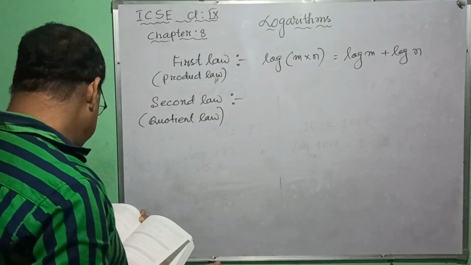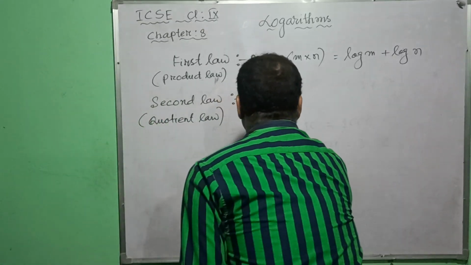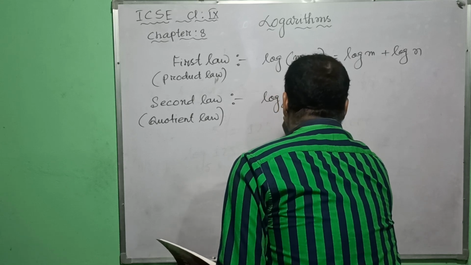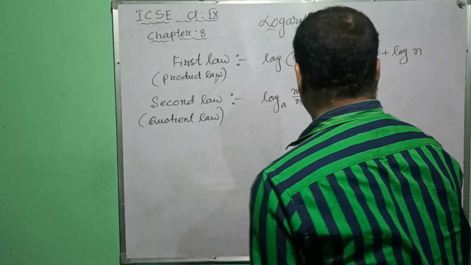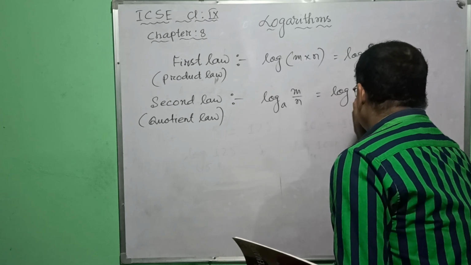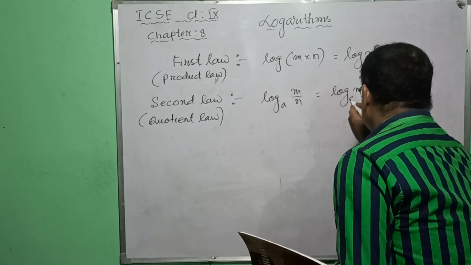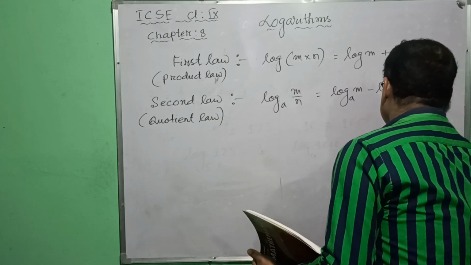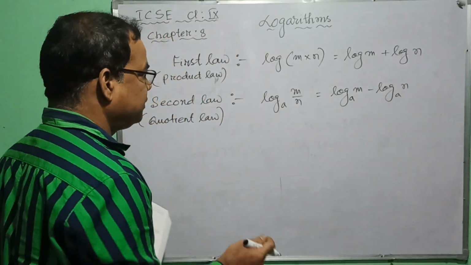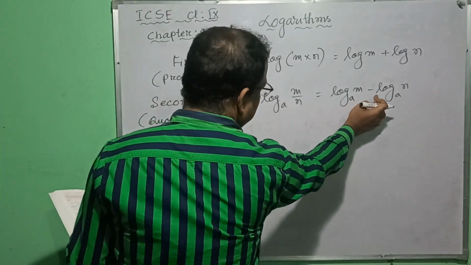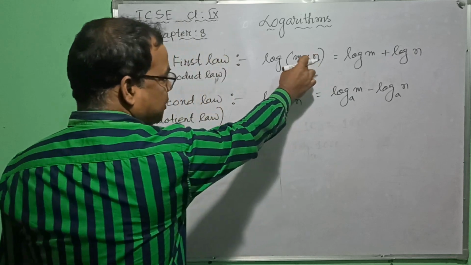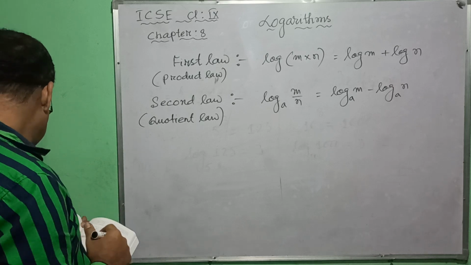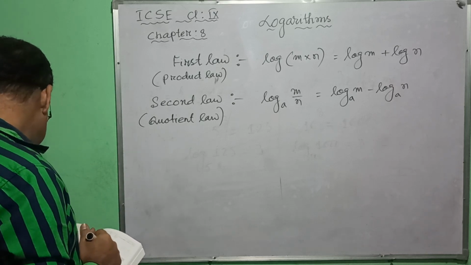According to the quotient law, we can write log m by n at base a equal to log m base a minus log n base a. So it is clear that when it is divided, it becomes minus. When it becomes product, it becomes plus. So this is second law, and another one